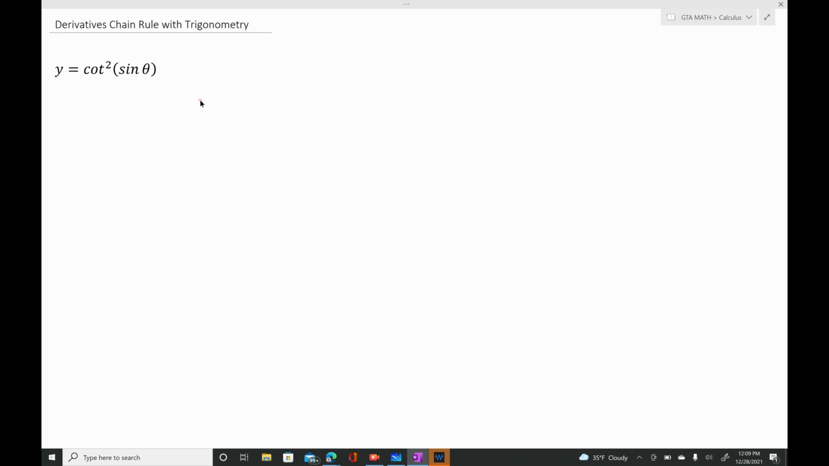The first thing I'm gonna do is identify that this can also be written as y equals cotangent sine of theta squared. And then I'm going to put these parentheses here. I like to rewrite stuff in a way that it makes sense to me, just because I don't like seeing this notation for it. So once we get here,